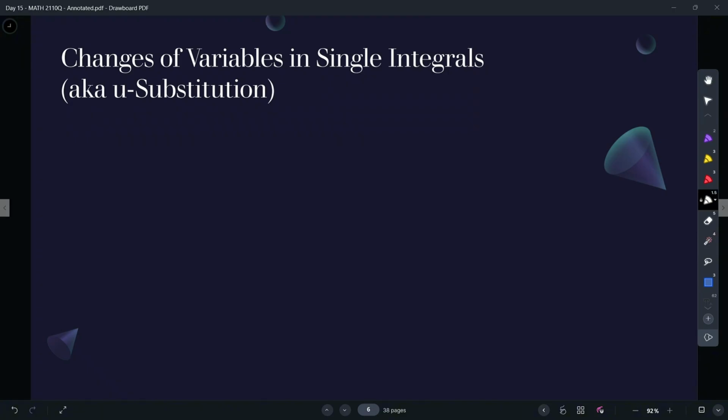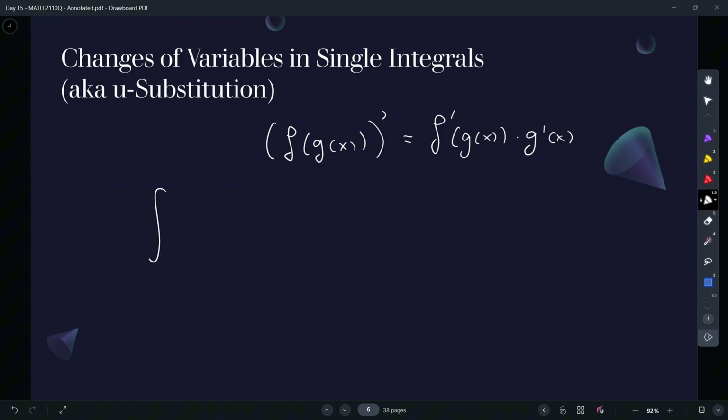Remember how U substitution works, by the way, is that we know how to take a derivative of a composition of two functions. The derivative with respect to x will be the derivative of the outside evaluated at the inside times the derivative of the inside. And then if you integrate this and use the fundamental theorem of calculus, what we got for U sub is that if I have a function that looks like this,